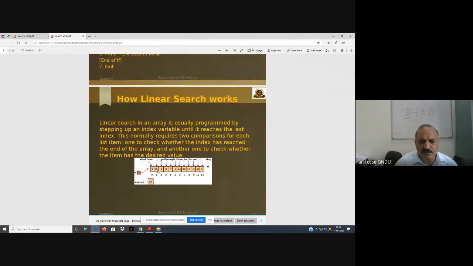How does linear search work? There is hardly anything to discuss in it. It is a very simple algorithm. It starts here, first it matches here, then here, then here, and when it reaches the end, it will stop. This is an array of 11 elements, and we have to find 25. Obviously it will return with no value. It will stop here, and this will end in an unsuccessful search.